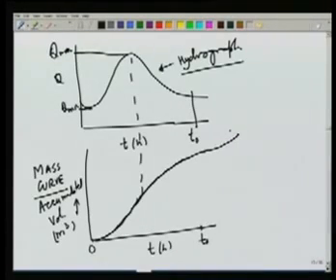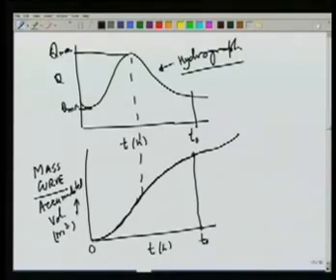which tells us what is the average rate of flow by taking the slope of this line. So the slope of this line will give us total volume coming in time T0,